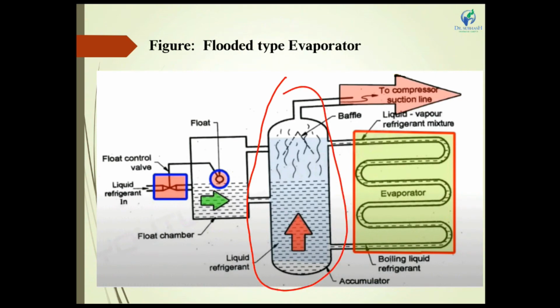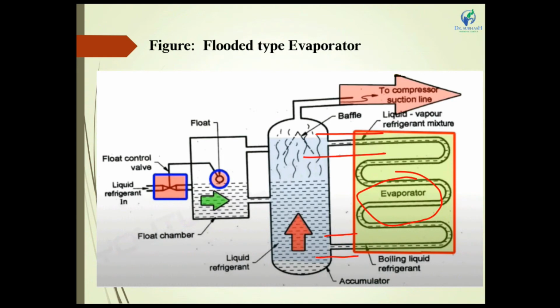The accumulator has a liquid side and a vapor side, to remove vapor from the float chamber and maintain a constant liquid level in it. The accumulator is directly connected to the evaporator via the liquid side and the vapor side, so that liquid refrigerant constantly passes through the evaporator.